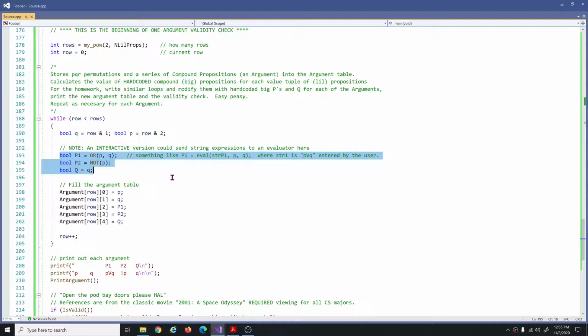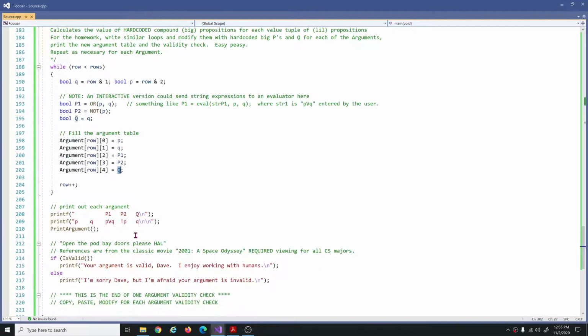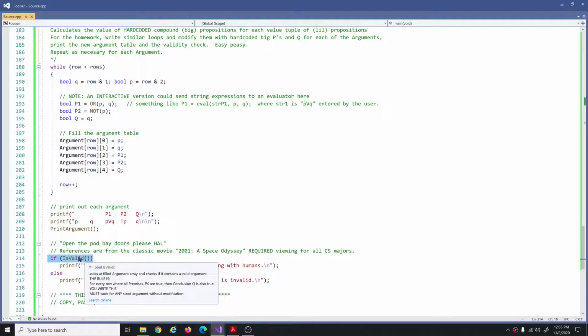Pretty straightforward, right? Then as you run through the rows with the row plus plus, just fill out the columns: the little p column, the little q column, the big P1 column, the big P2 column, the big Q column. Then call is valid, which I haven't